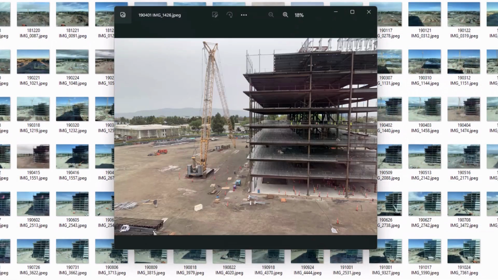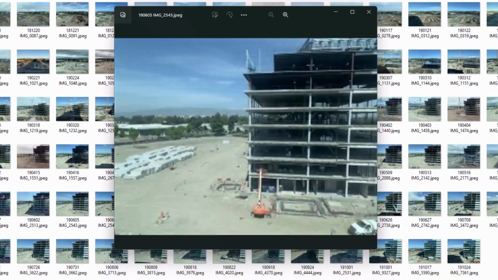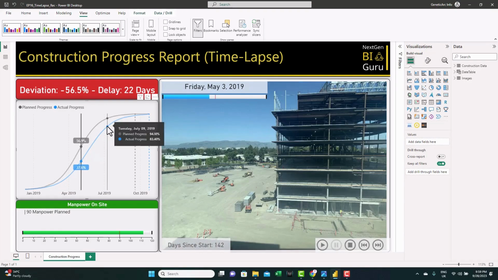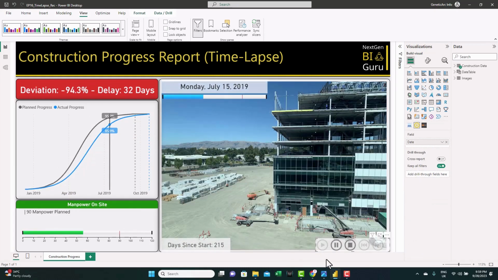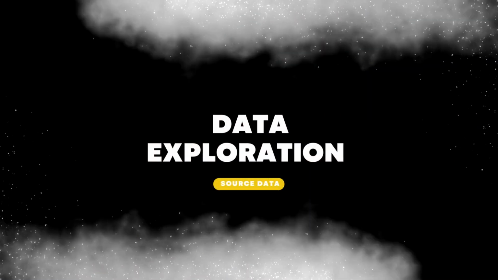They say a picture is worth 1,000 words. How about a sequence of images supported by insightful visuals? What is in store for you? Well, in this journey, I've harnessed the power of data and images in Power BI to create one single insightful report. But that's not all. It is fully automated, interactive, and scalable. So now, grab a cup of coffee, sit back and watch.